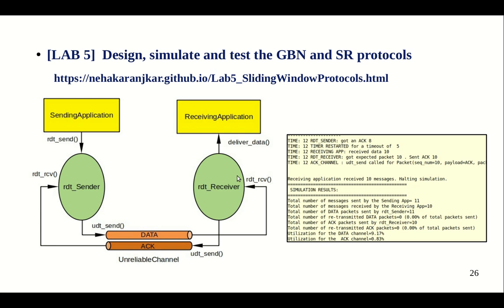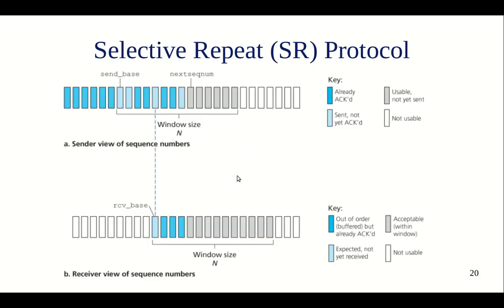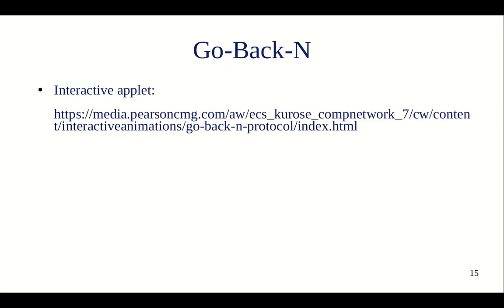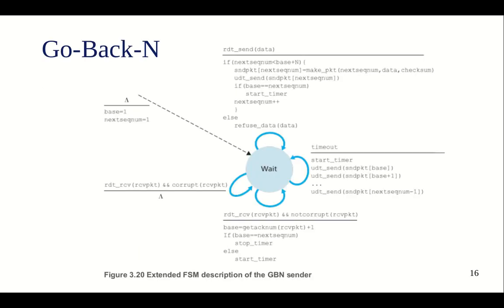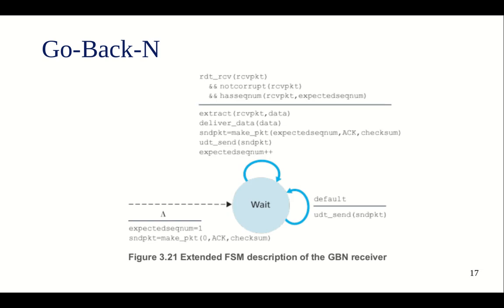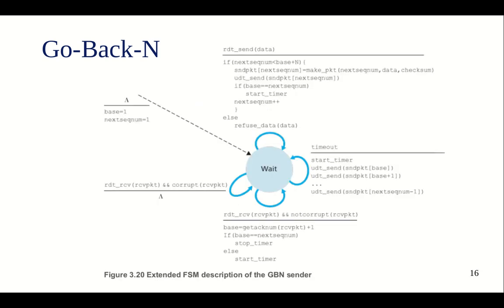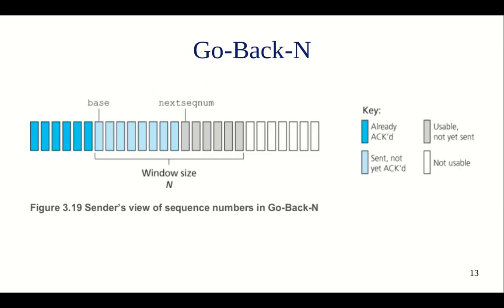So let us go back to the logic of the go back N sender and the receiver. Here is the state machine for the sender and the state machine for the receiver. We discussed this in the lecture in detail. The code essentially mirrors this description. It is very, very similar to this description. Okay, so let's go over the code. Now what is different is there is a buffer.